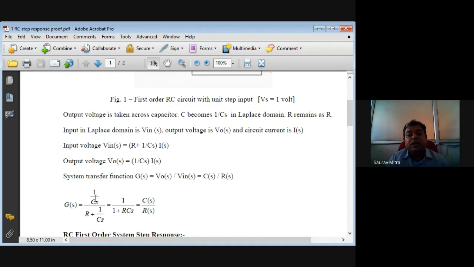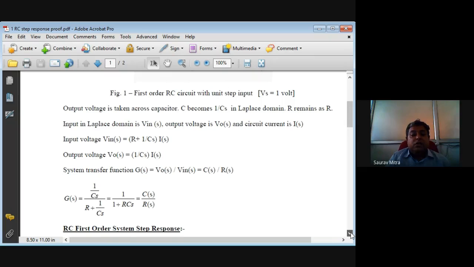So what is the numerator? Numerator is nothing but the voltage across capacitor. Denominator is the voltage across resistor and capacitor. So Voutput by Vinput is nothing but the ratio of impedances. So only capacitor impedance is 1 by Cs and resistor and capacitor impedance is R plus 1 by Cs. If you rationalize it, it becomes 1 divided by 1 plus RCs. Or in some books you might find they will call it 1 divided by 1 plus tau s. What is tau? Tau is called the time constant of the system, and tau for RC circuit is given by R into C. So transfer function of the system C(s) by R(s), where C(s) is the output, R(s) is the input.